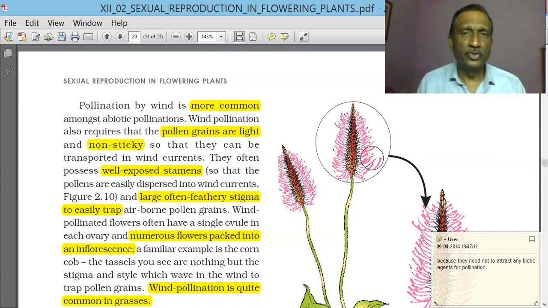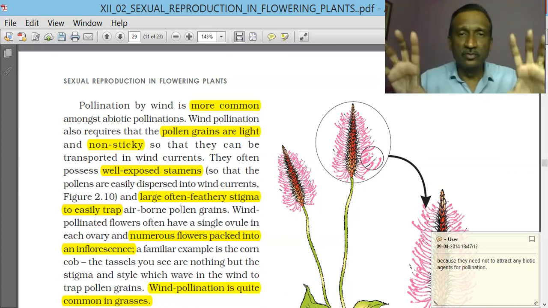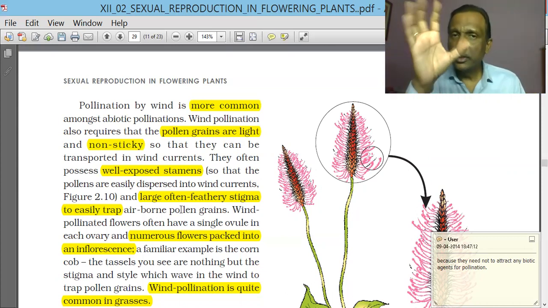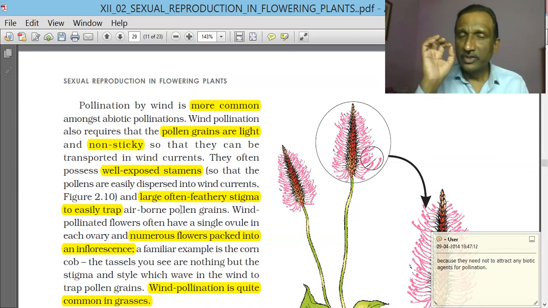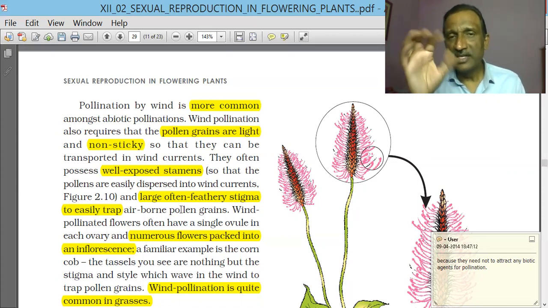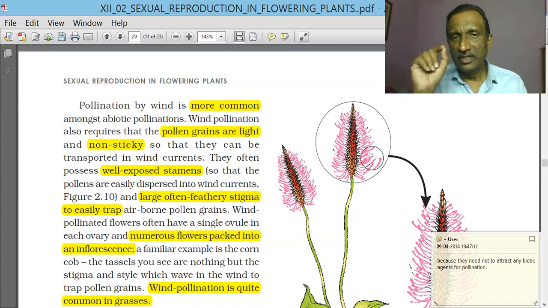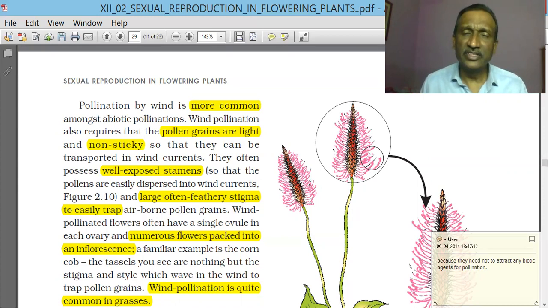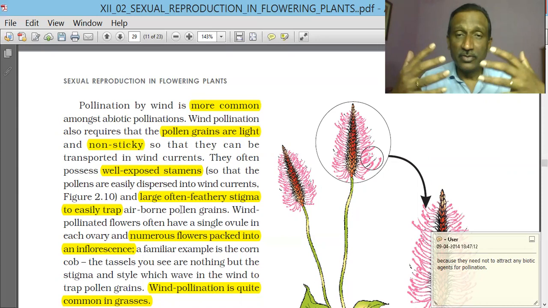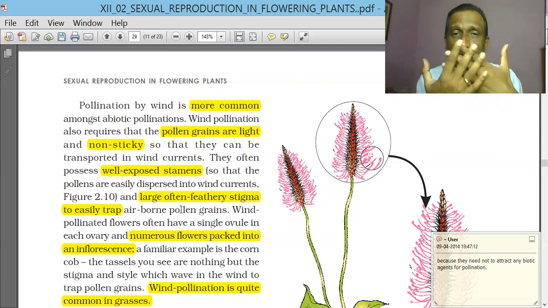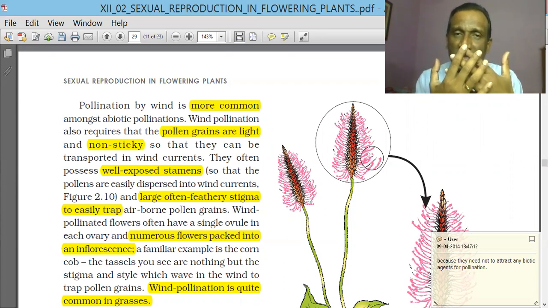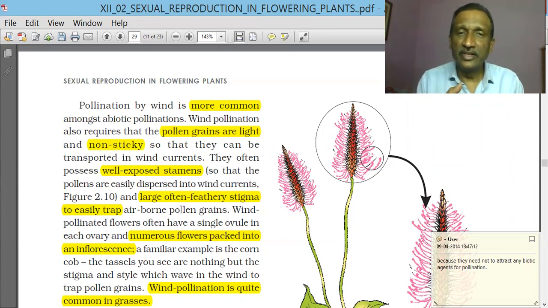the chance. Suppose I throw stones, there is a net, they make it like a volleyball net and try to throw pebbles through it. So most of the time the stone will pass through that net. There will be less chance that the net will be touched by the stone. But if we increase the number of threads in the net, make a very tiny mesh. Now if we want to throw stones, most of the stones will hit these threads.